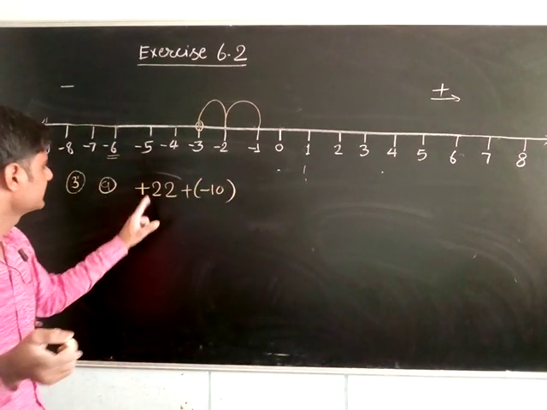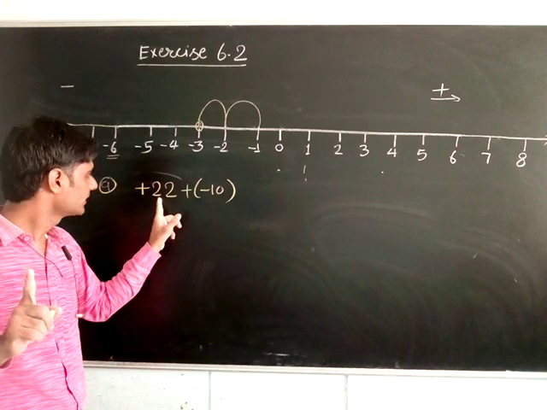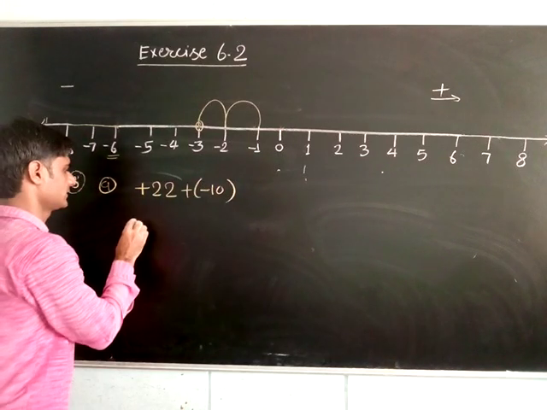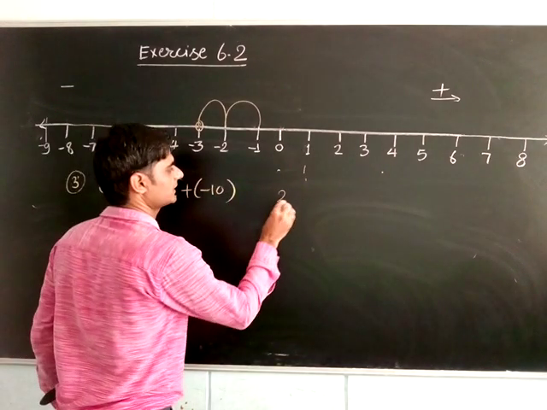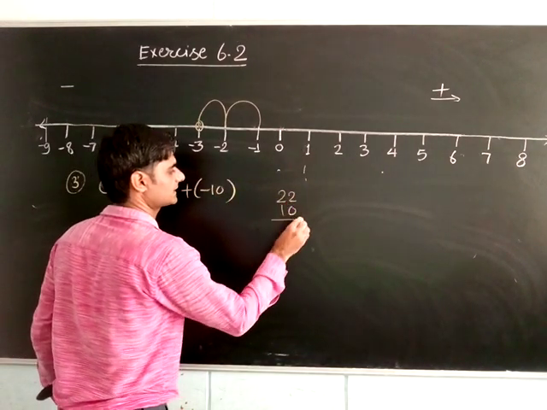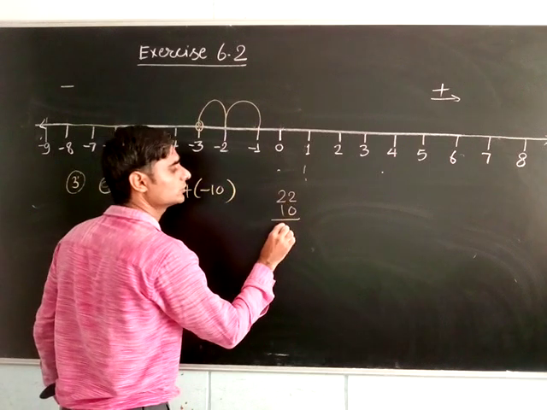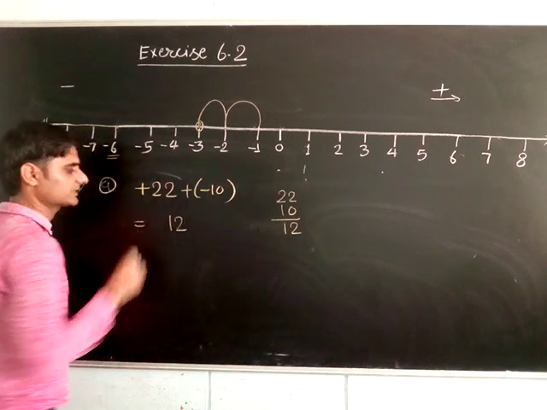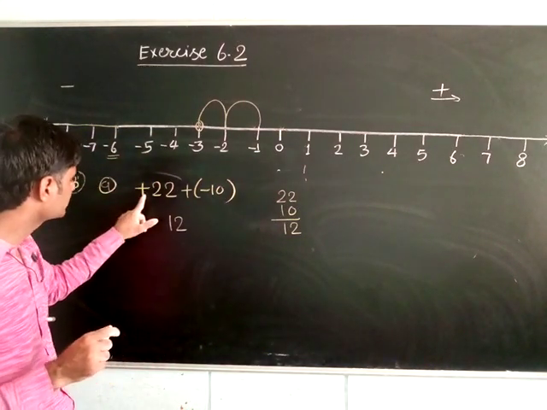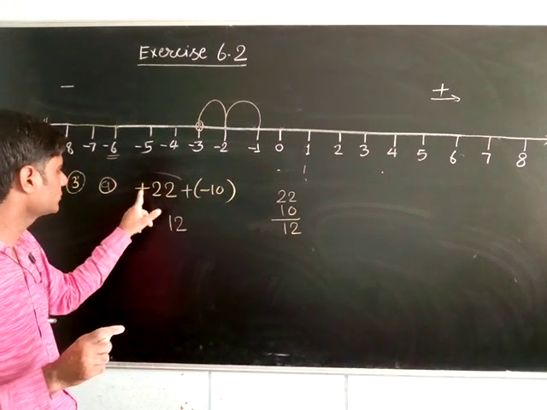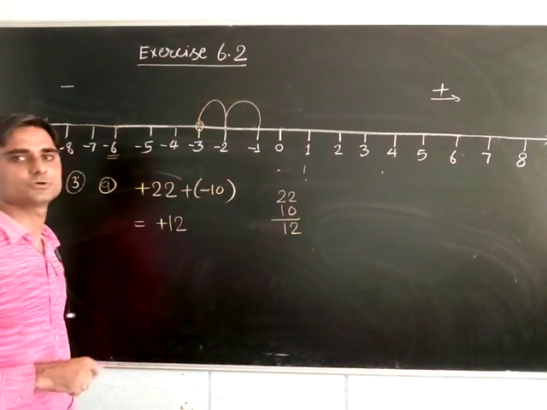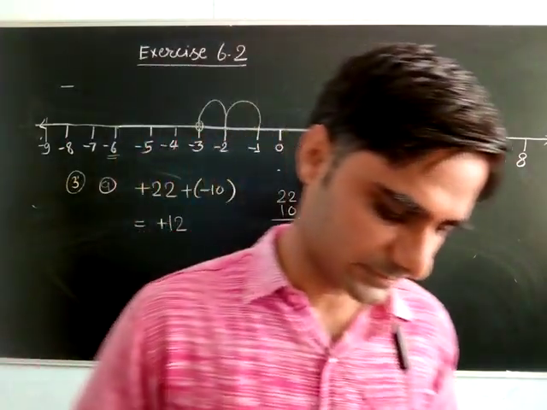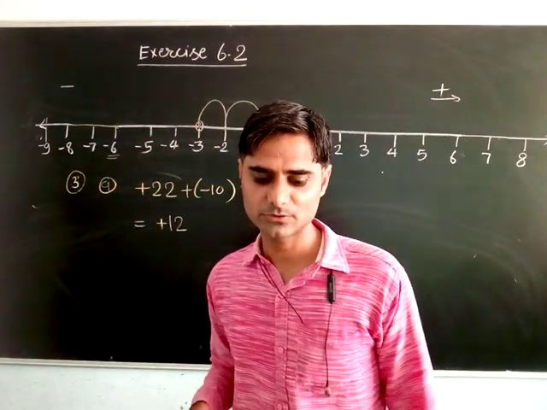Same thing is there. See, पहले ध्यान से देख लो. Different sign means subtraction. Okay, now subtract properly. Greater number पहले लिख लो, small number: 22 minus 10 is equal to 12. Right? So here 12 will come. Now what sign will come? 22 and 10, which one is greater? 22. Sign will be positive. So this will be a positive number. Similarly, you can do the rest also.